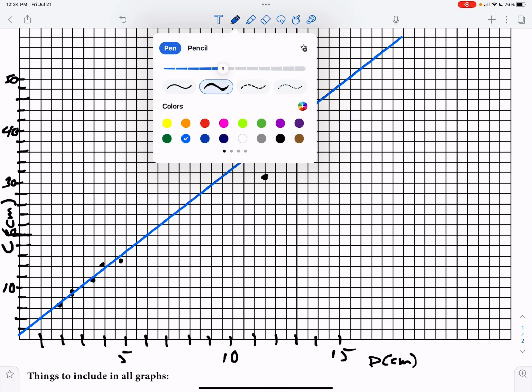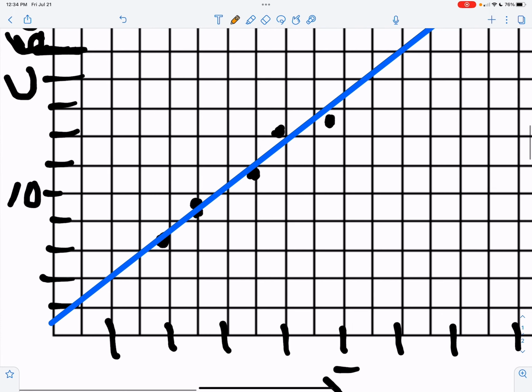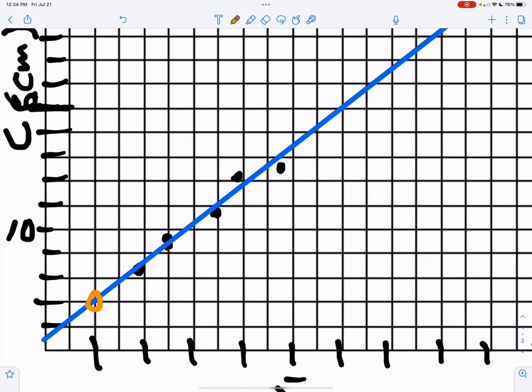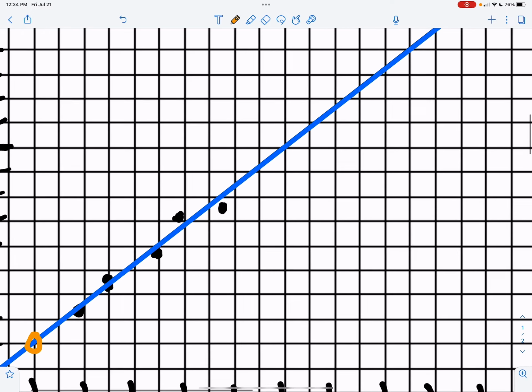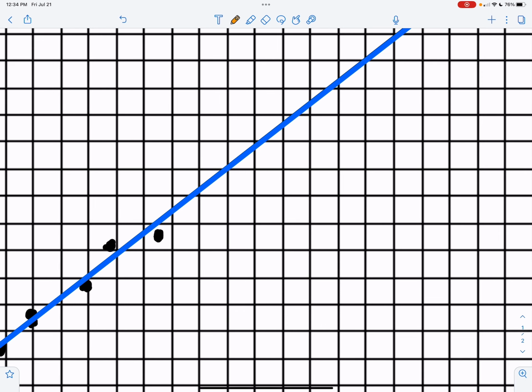Okay, now I am going to circle 2 locations. You guys all see this box right here? Well, your best fit line is going through the upper right-hand corner of that box. So I'm gonna circle that location there. And I'm gonna keep going up the line until I find another location. That's not too bad. I think I can do better. Yep, there we go, right there. So that box right there, you can see how the best fit line is going through the upper right-hand corner